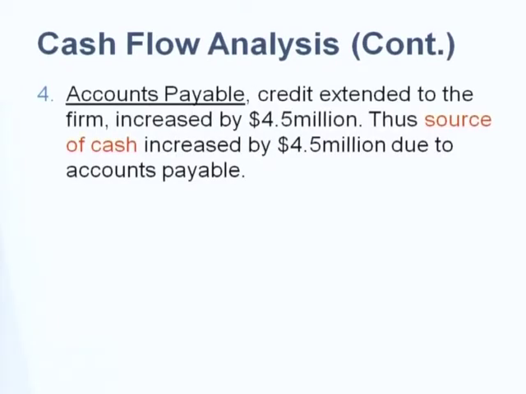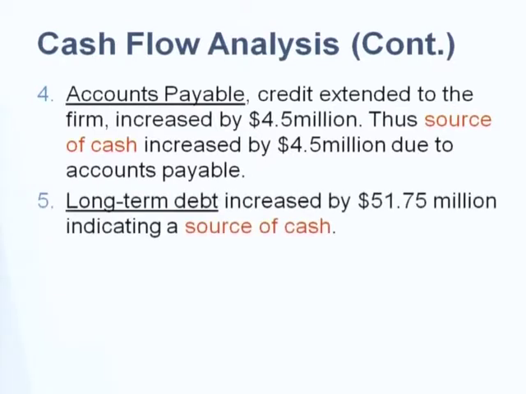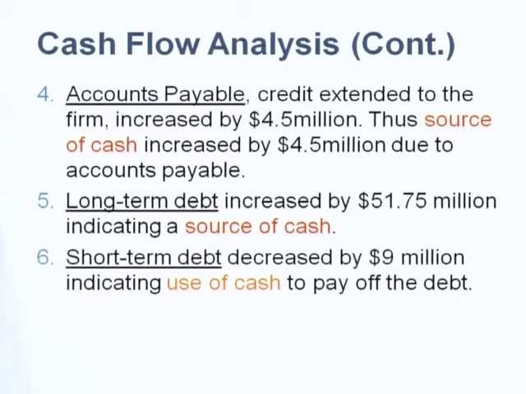So we move on to the right hand side of the balance sheet. Account payable, which means credit extended to the firm, increased by 4.5 million. An increase in account payable means you have more debt, so you have more cash. So this is a source of cash. Long-term debt increased by 51.75. You have more proceeds from bonds. This is also a source of cash. Short-term debt increased by 9 million. Also